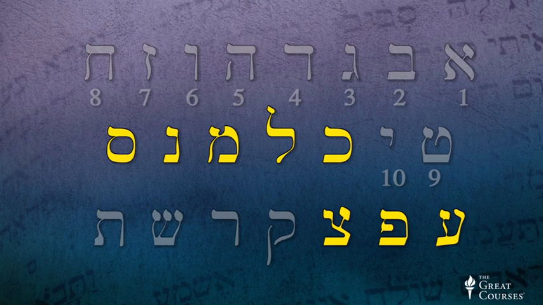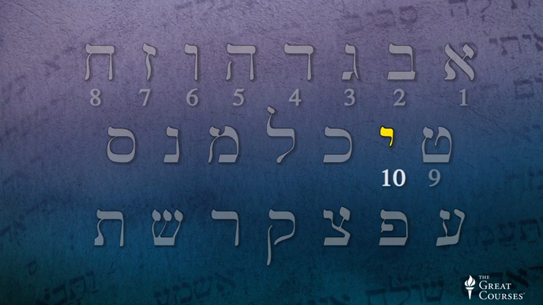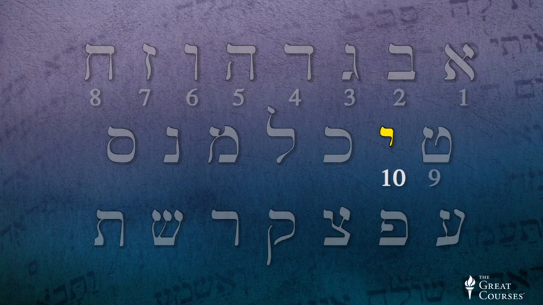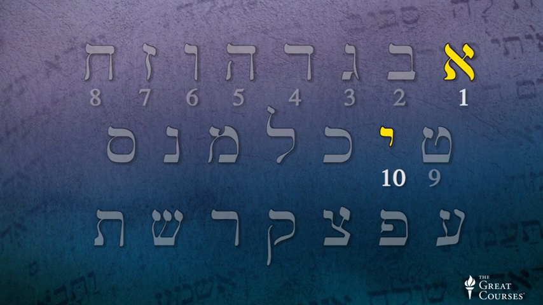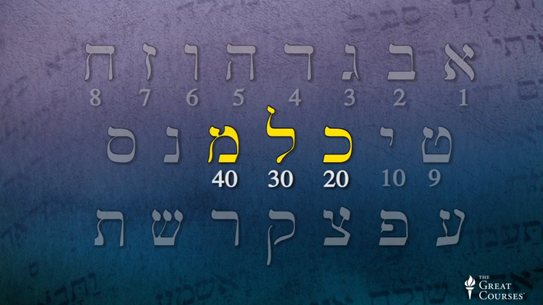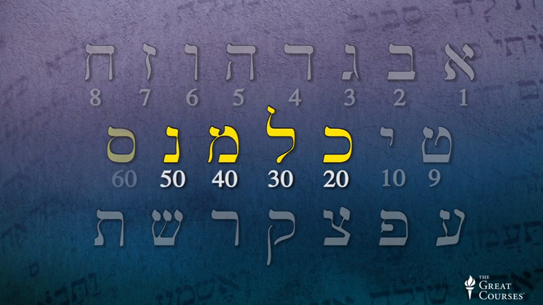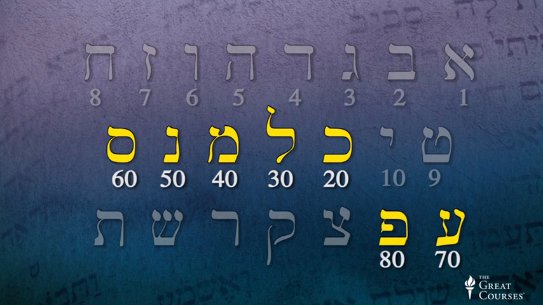They can be used as numerals too. Yud is 10, but we don't need Kaf to be 11. We can make that by combining Yud and Aleph. So these are the next higher numbers in the tens column. Kaf equals 20, Lamed equals 30, Mem equals 40, Nun equals 50, Samach equals 60, Ayin 70, Pei is 80,